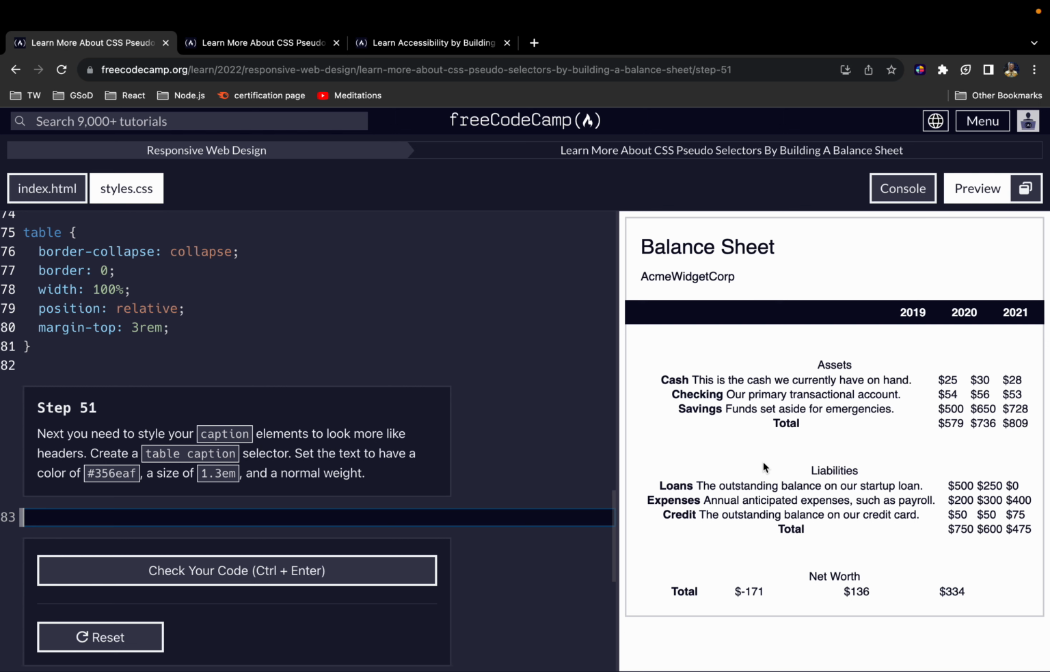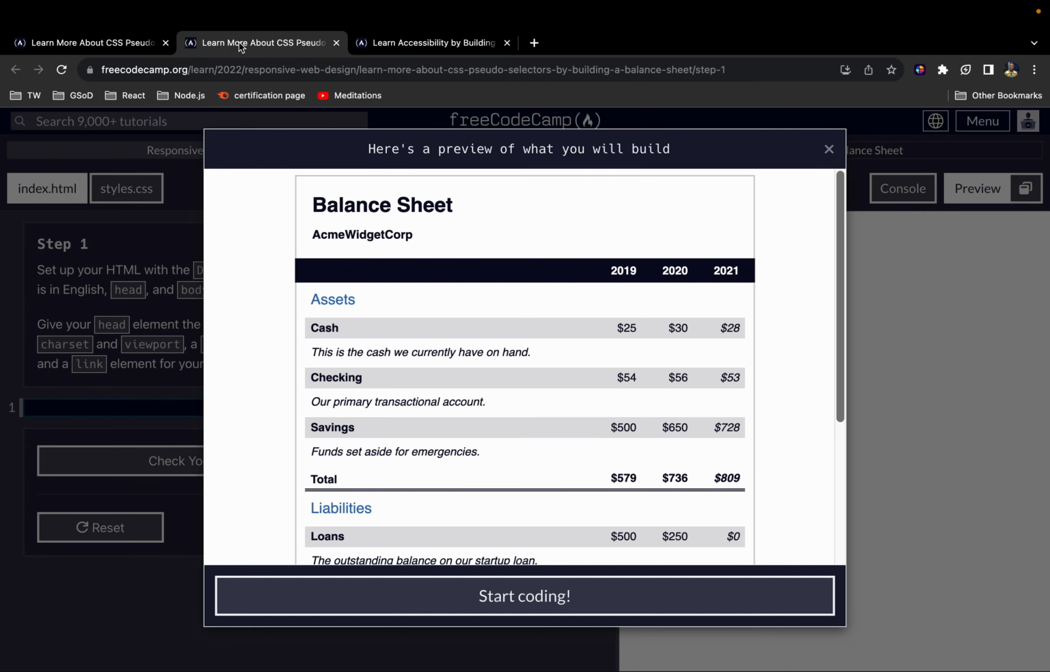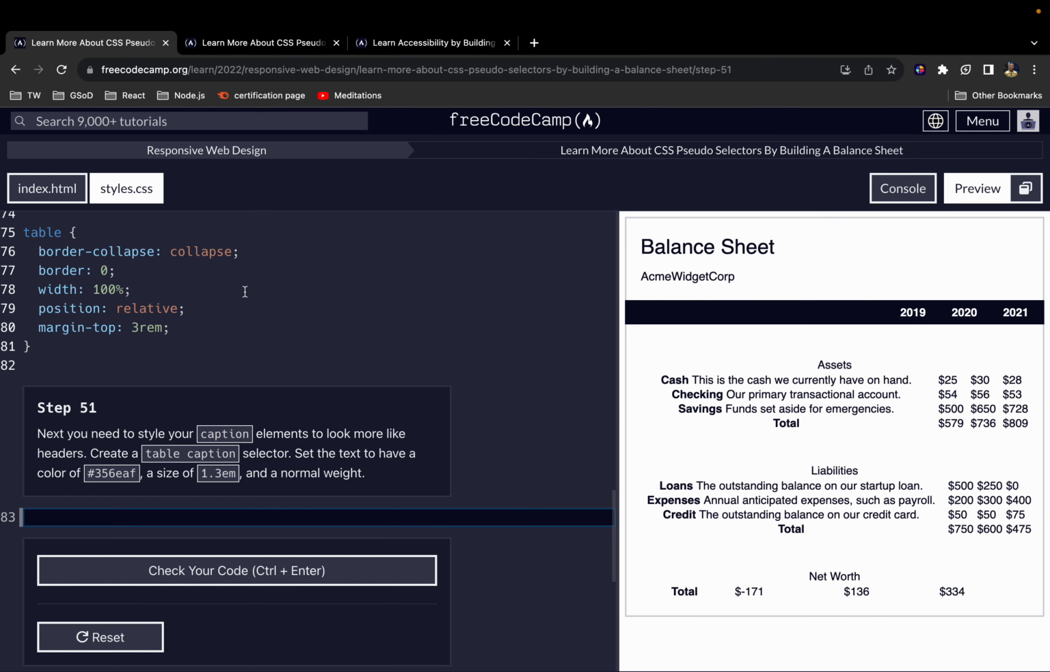Everybody, welcome back. Let's continue building our balance sheet project. And once again, as a reminder, this is what we are building. So far, we've done a lot of work. We've worked our way from step 1 all the way to step 50. And in this video, we're going to continue from step 51 to step 60. So let's get started. All right, so for step 51, you need to style your caption elements to look more